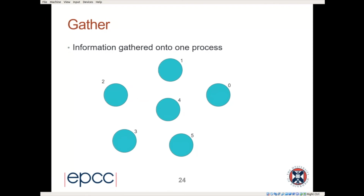Similar at the end of the program, when we've all finished, you might want to gather all the data back so I can write it out to file. Let's nominate one process here, process 2, as the one that